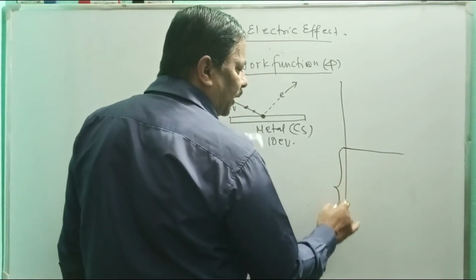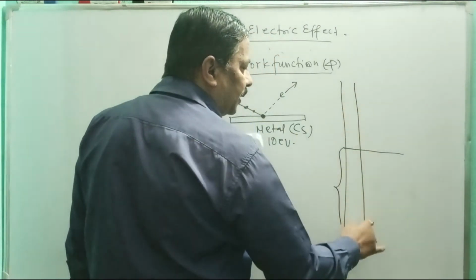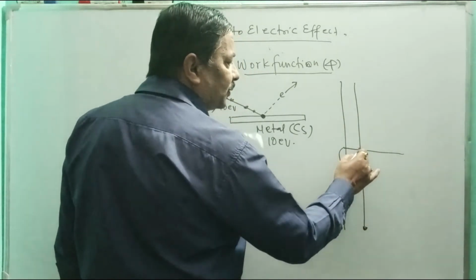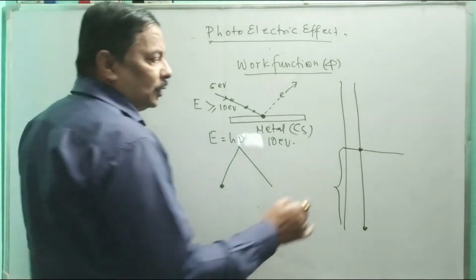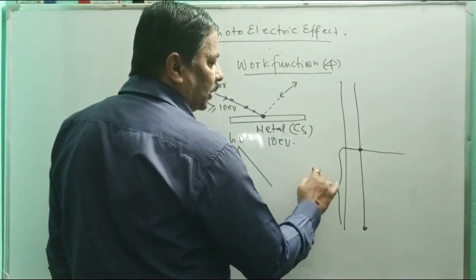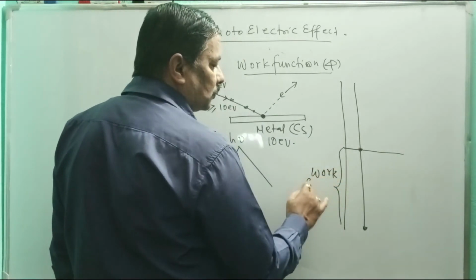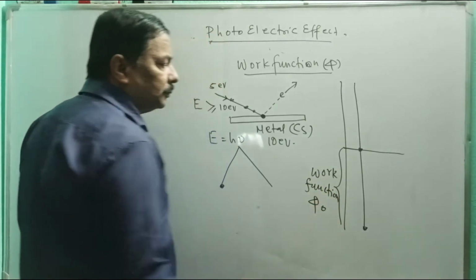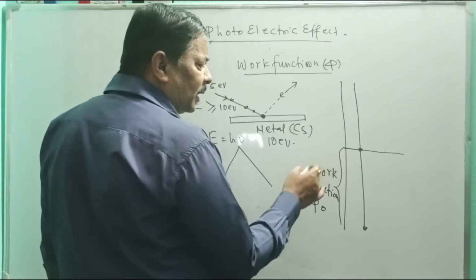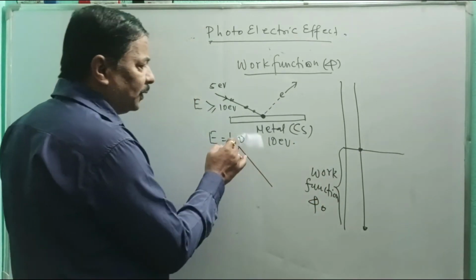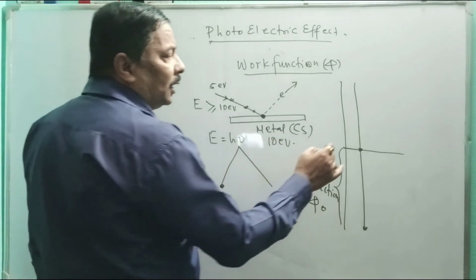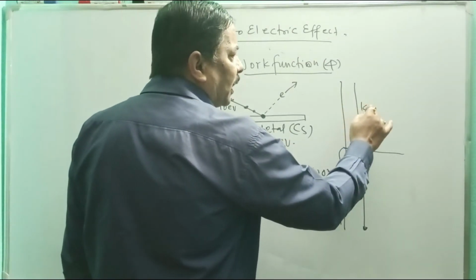This portion of the energy that is coming brings the electron here to the surface. So this is your work function, phi naught. And the rest of the energy, if it is greater than the minimum energy, that is the work function, will give the kinetic energy